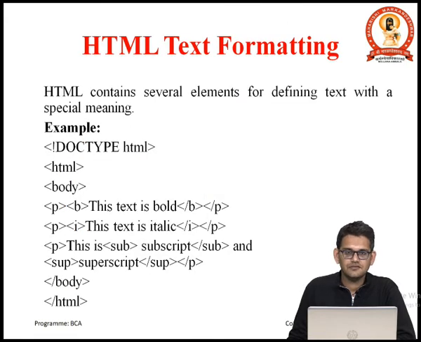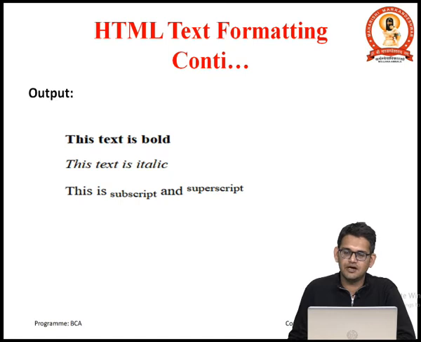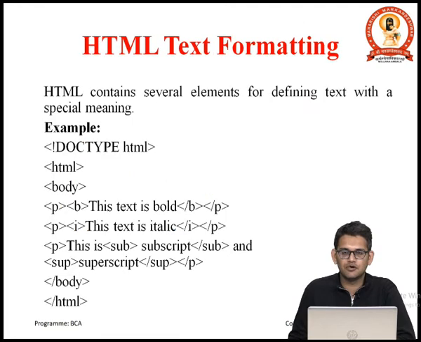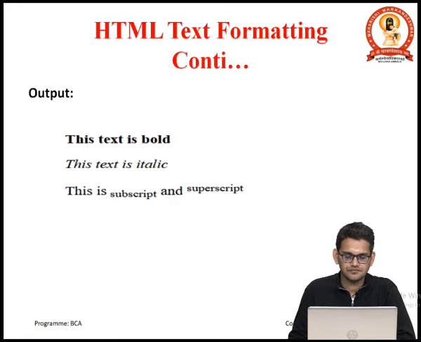Now, in the third one we have used subscript and superscript. Subscript is used to write at the bottom of a word or keyword, like H2O, with the 2 at the base of the H. Similarly, subscript is the bottom and superscript is the top, like H square. If we want to write H square, we need to use superscript. If we need to write H2O, we need to use subscript. We will see these in detail in the upcoming slides, so there is no need to worry. This is the actual output of this code.